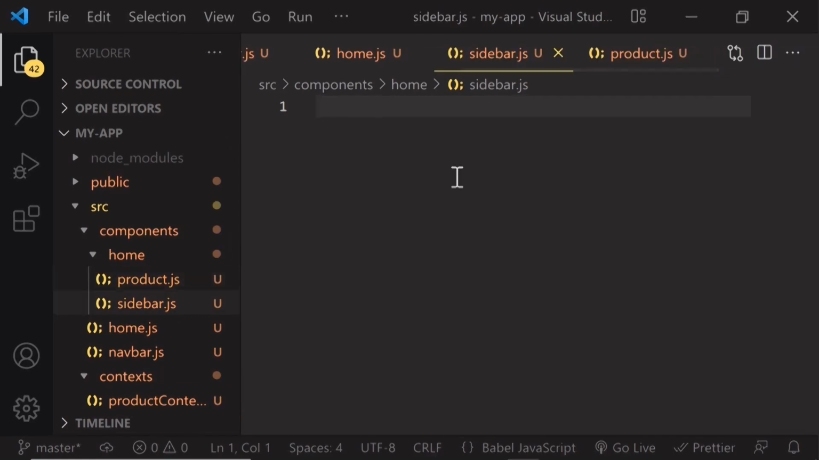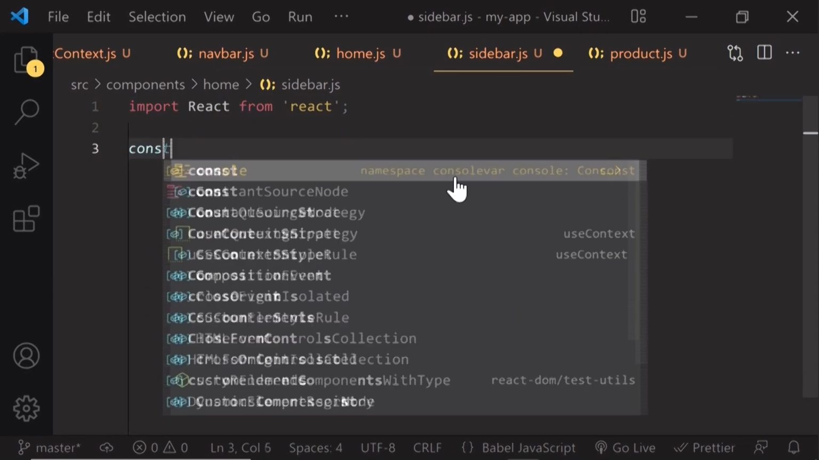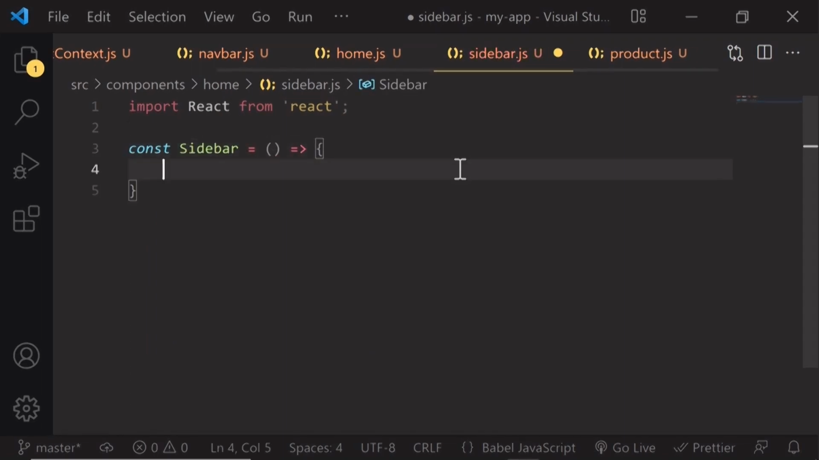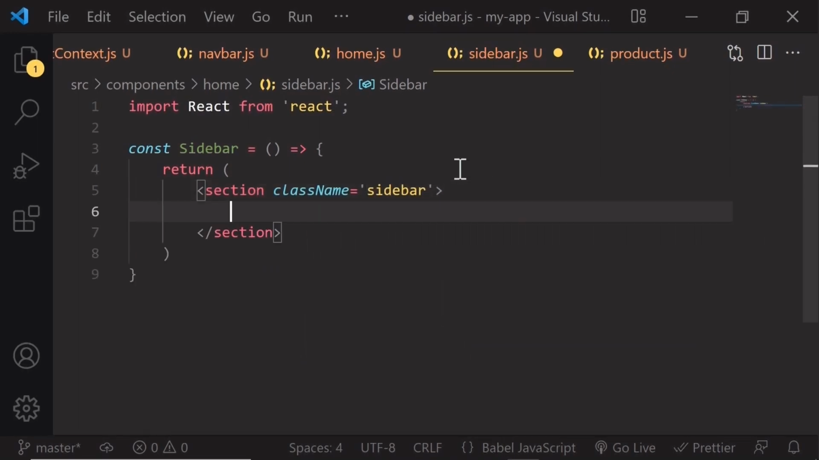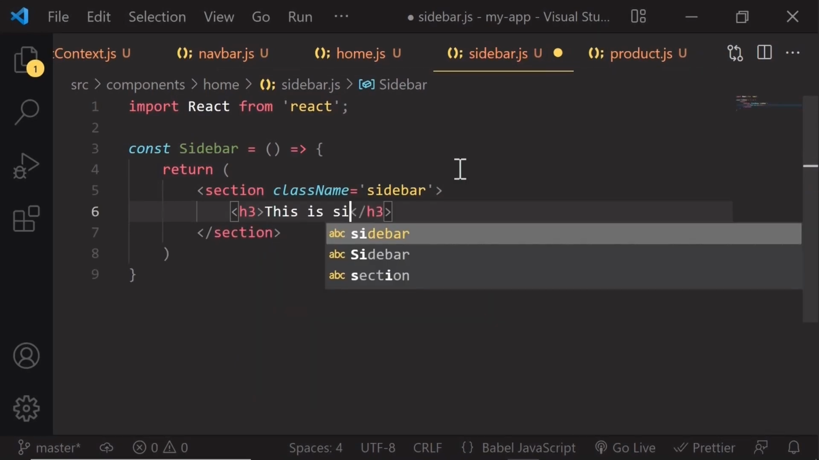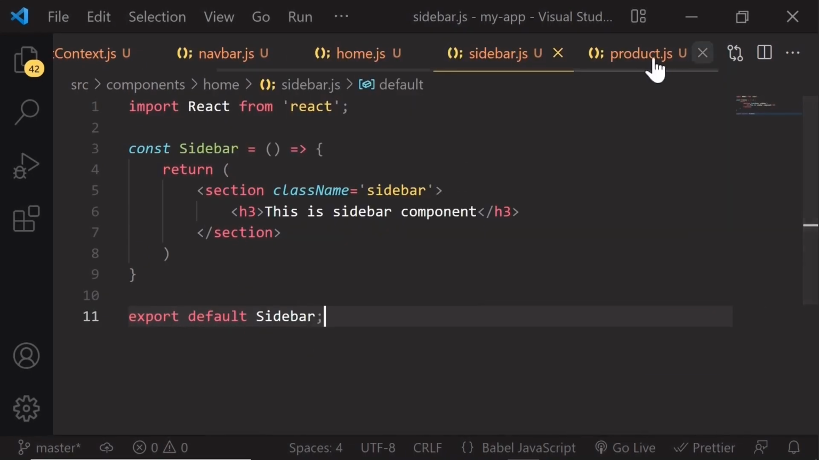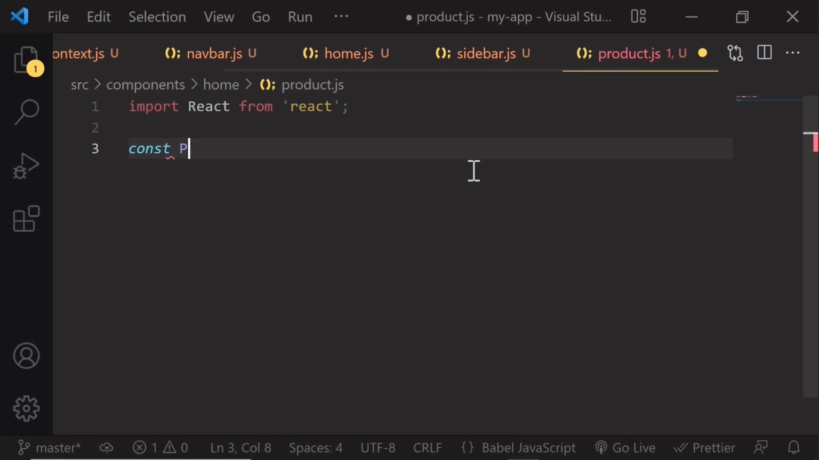So, head over to sidebar.js and import React here at the top. Then create a constant holding a function name for this component and return a section tag. Give it a class name sidebar. And write an h3 tag which says this is sidebar component. Export the sidebar component, save the changes,